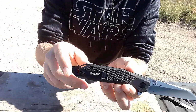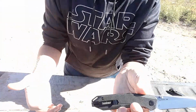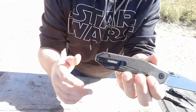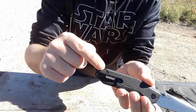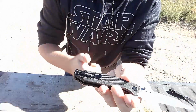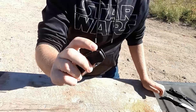I also like that it has this back spacer with the integrated lanyard loop. That's pretty cool. I'm a big fan of back spacers aesthetically. And if you're going to put a lanyard on your knife, I think this is the best way to make most people happy. We didn't prioritize a lanyard over the clip, and you still got a lanyard hole, so it's great. You do have multiple deployments, a flipper tab,